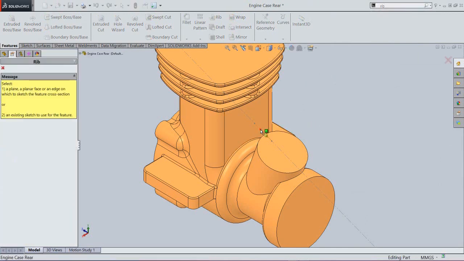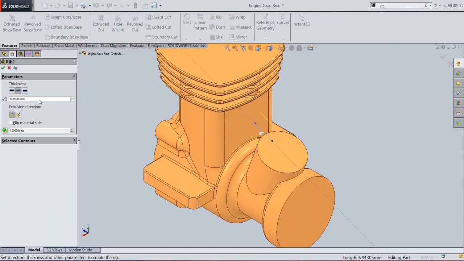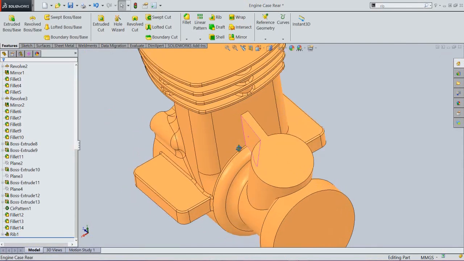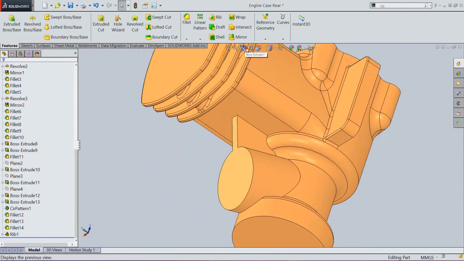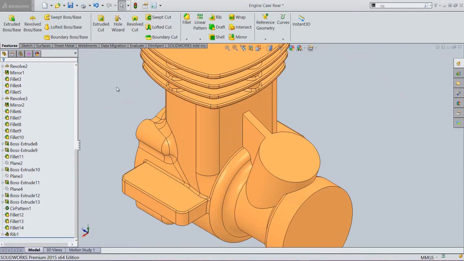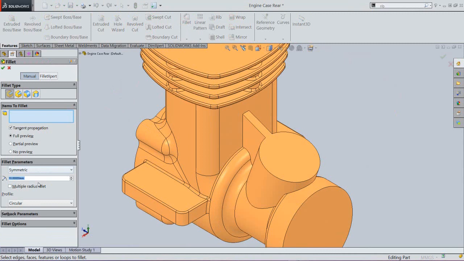Select this line. Now the rib feature preview is visible here. Set the rib thickness value. Choose both side option. Click OK. Now see, my rib feature has been created. Now apply the fillet on this edge.